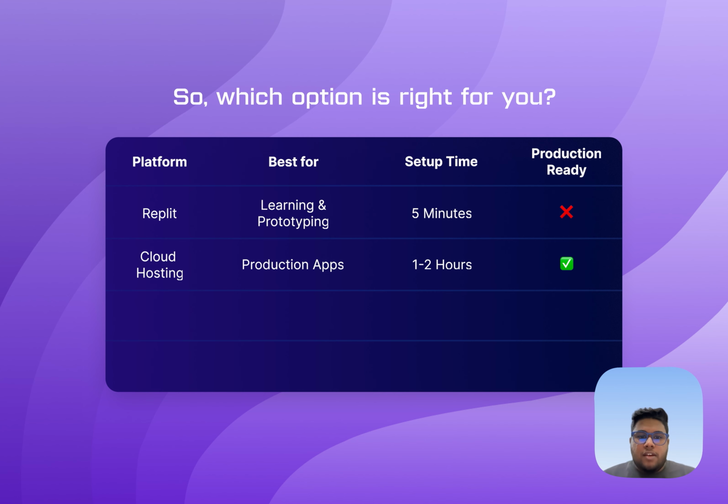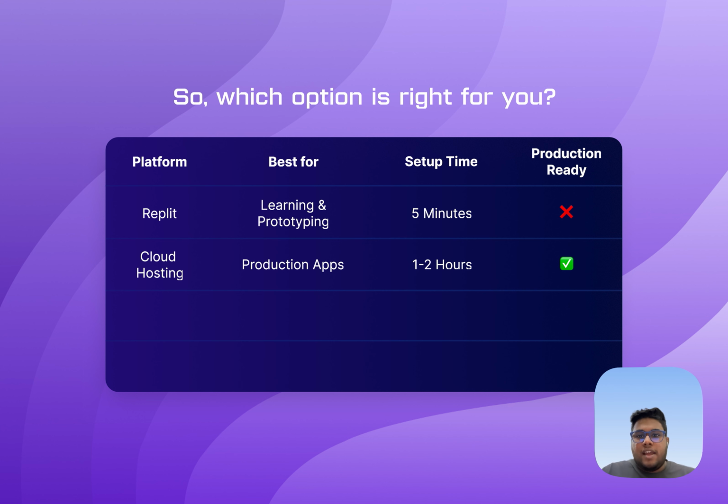Next comes cloud hosting, which is best for production level apps. Any kind of production level apps, the best option for them is cloud hosting through various server providers like AWS or GCP or Microsoft Azure. Apart from that, it definitely has the longest setup time, and it might take around 1 to 2 hours or even more than that if you have very complex configurations like DevOps configuration, probably Docker configurations or Kubernetes configuration. But it's the most production ready setup out there. You can set up all of the configurations and make sure that it's as secure as possible and as production ready as possible.